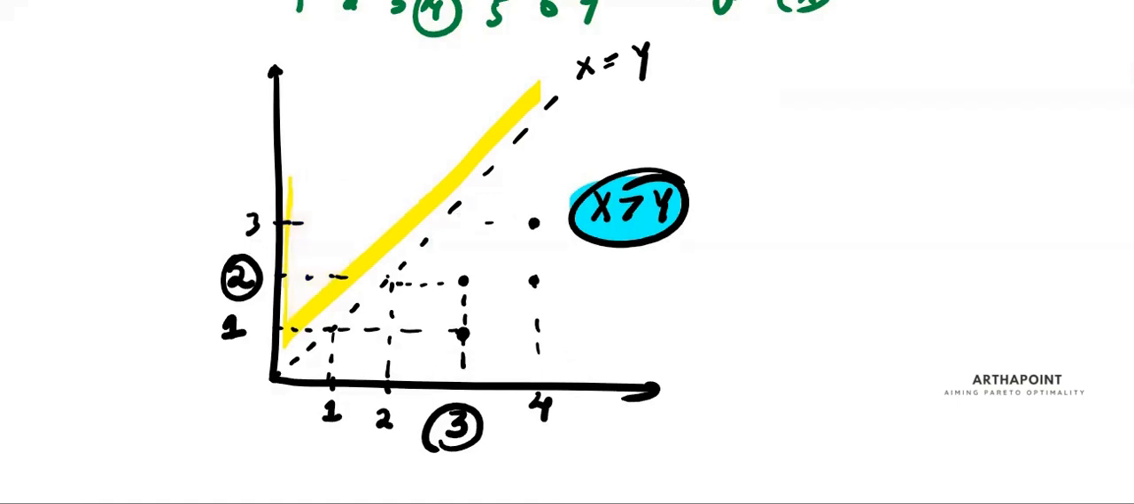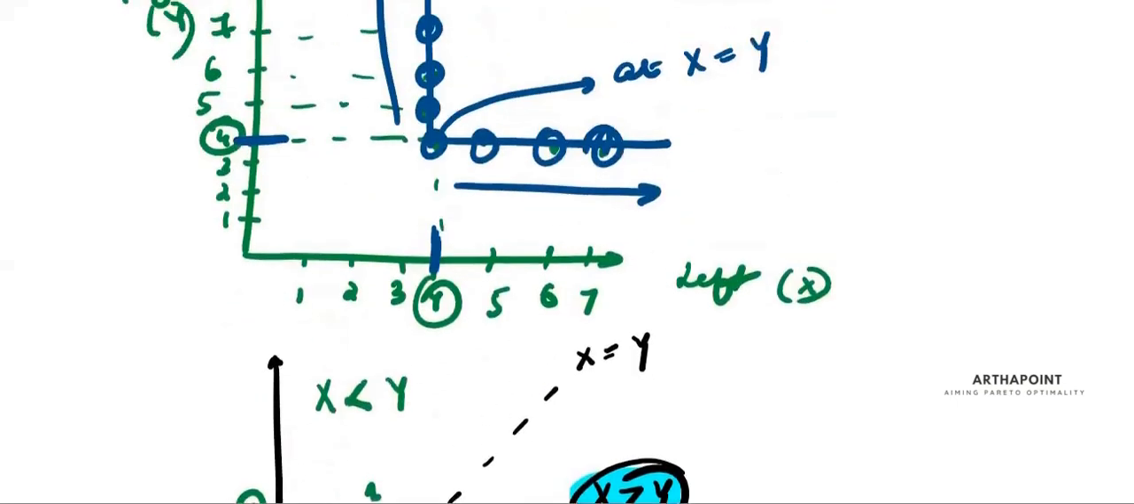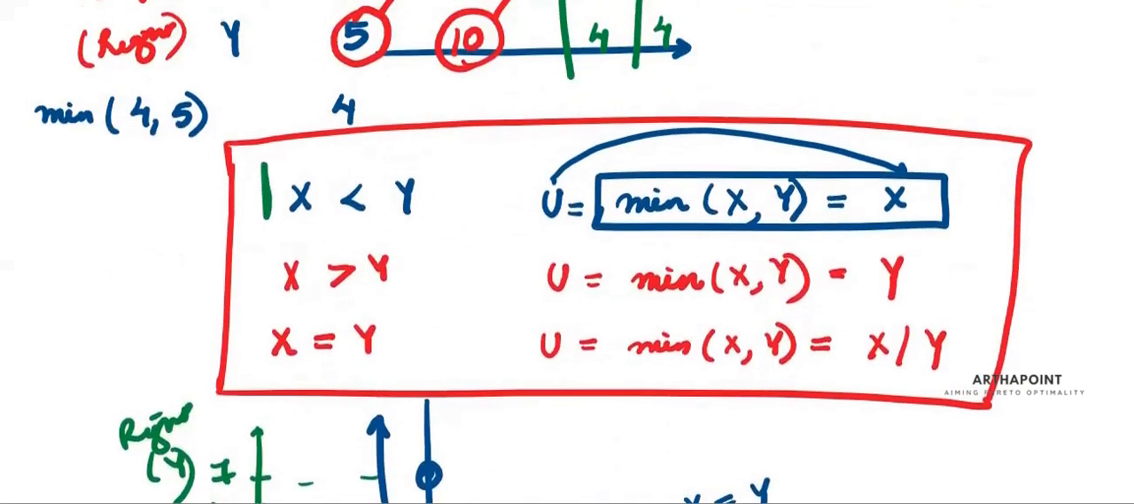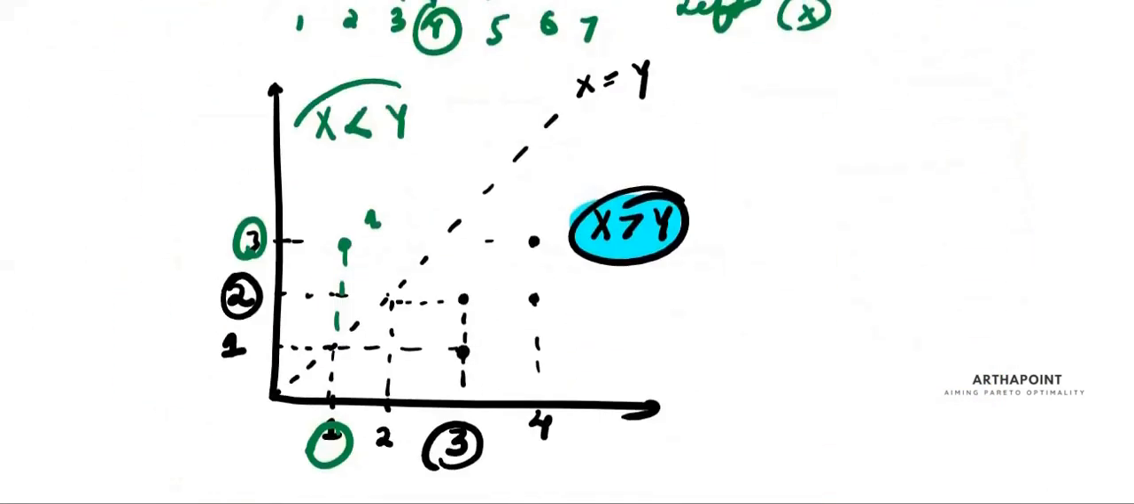Now the second part is where X is less than Y. Y is more than X. Take a point like this. X is 1 here. Y is 3 here. So all these points represent X less than Y. And we just formulated that whenever X is less than Y, the utility is always derived from X. So whenever X is less than Y, which means in this zone,